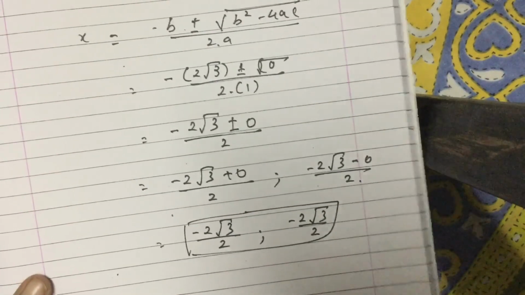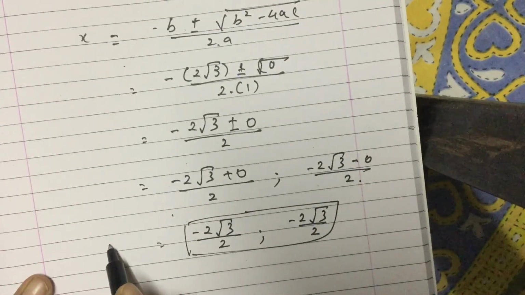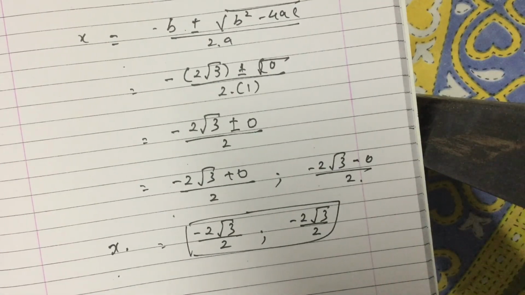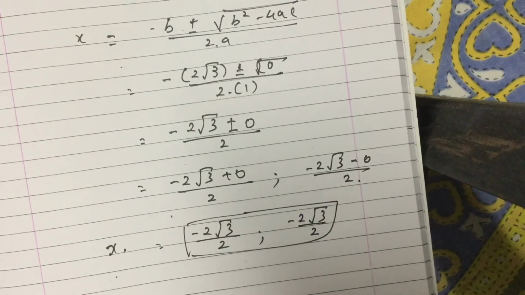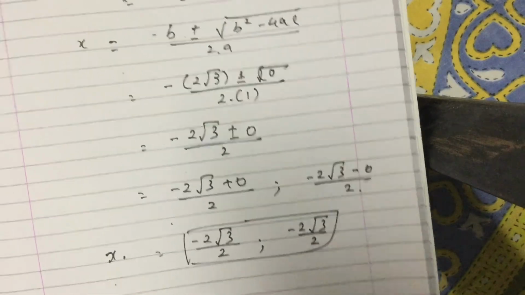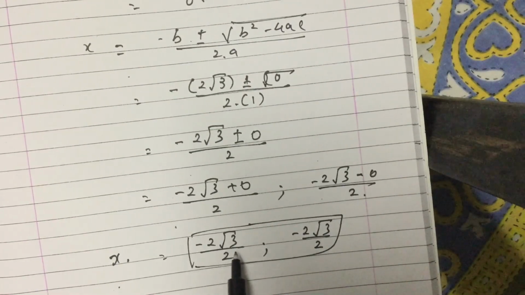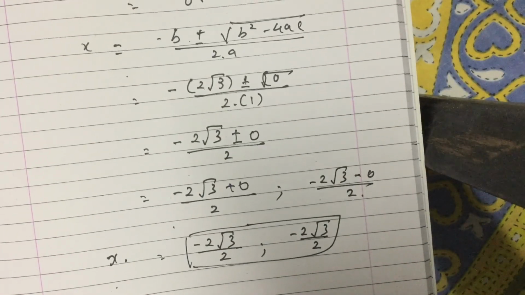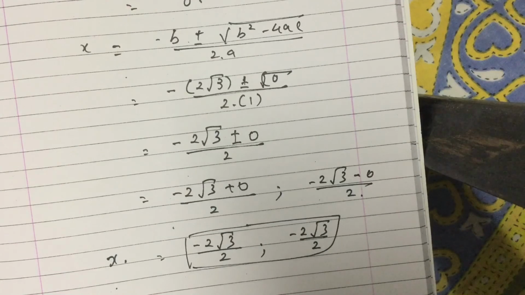This will be the value of the x variable. What we have to do is substitute the values of a, b, c and find the roots. So when we substitute the a, b, c values, we find this root. These are the roots of the given quadratic equation. So here we have completed the 2.4 exercise. In the next lecture we'll start with the 2.5 exercise.